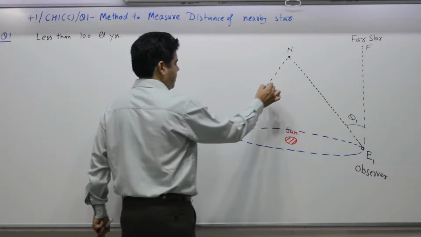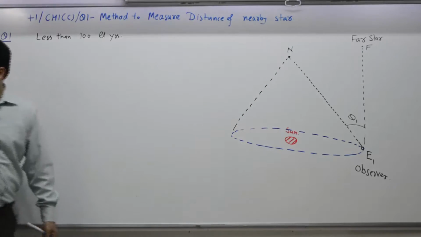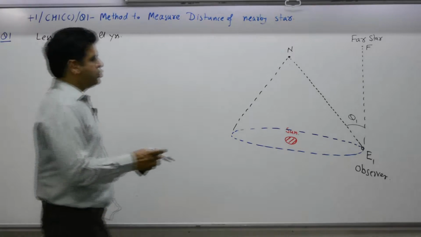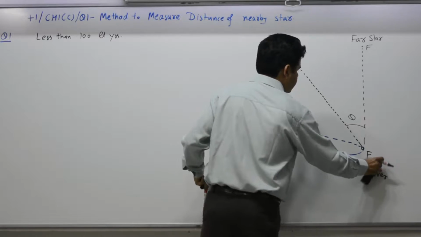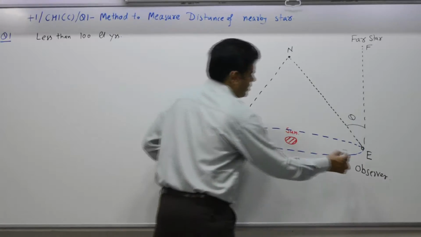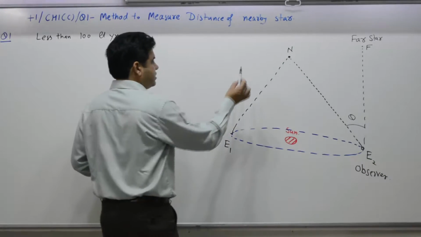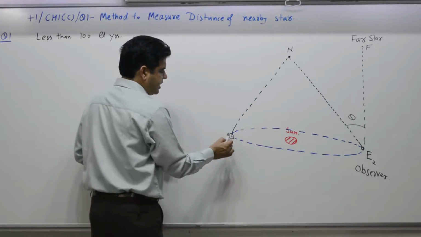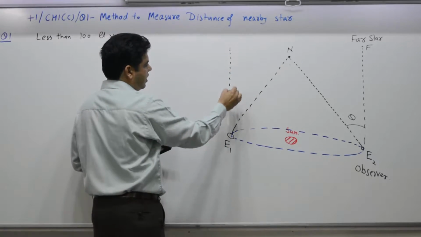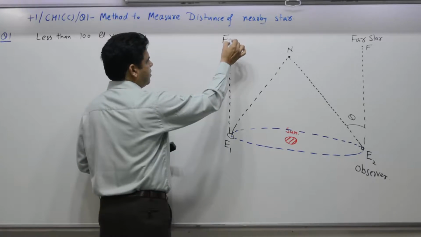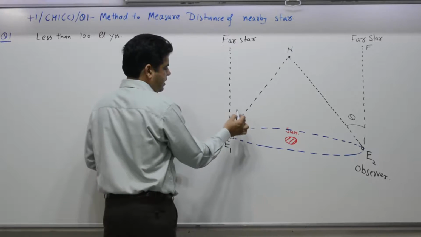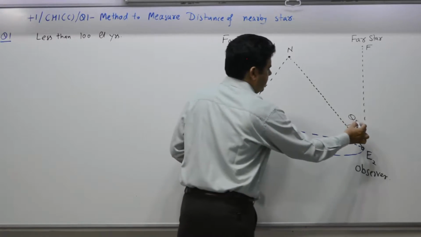And on the other side, we can take this position as 2, so that it is the same as that of the book notes. Let me call this position E1, this one E2. Same procedure you repeat here. When the Earth is here, again the observer will see star N and the far away star. This angle is theta 1. This angle is theta 2.